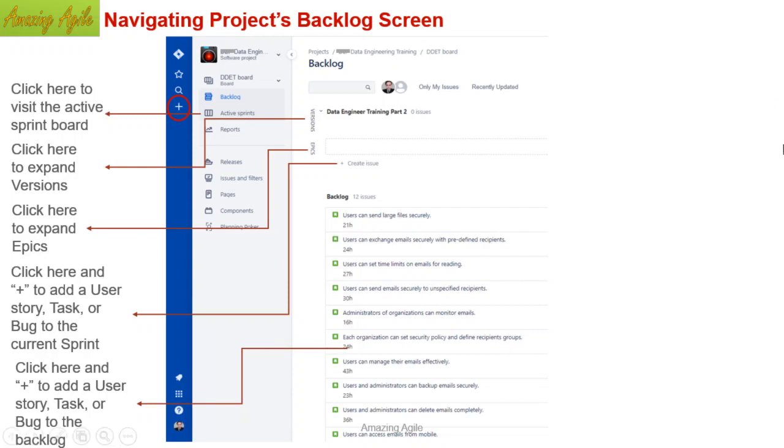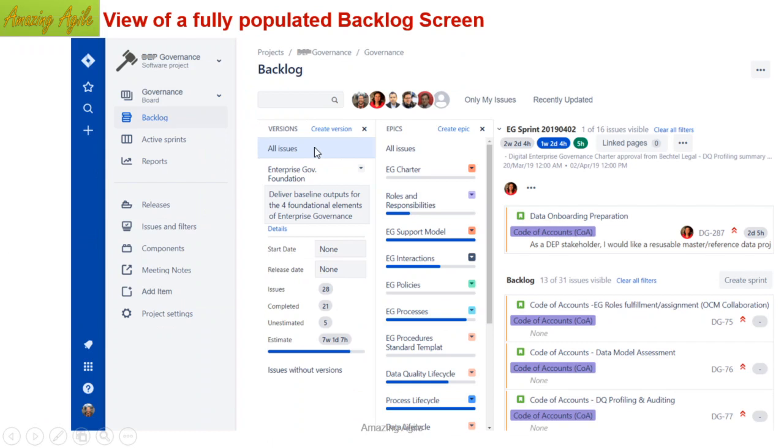So now, if you click either of the buttons, it will be visible this way in this sprint. So this is a version, as we are seeing the version, and we are seeing the epics. Epics would be the bigger level story, which is more than one story can be catered to address these bigger stories. We will discuss the features of the story at that time, and the idea will be more clear to you.